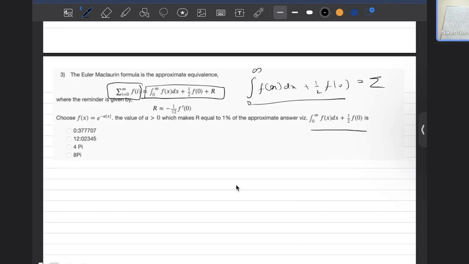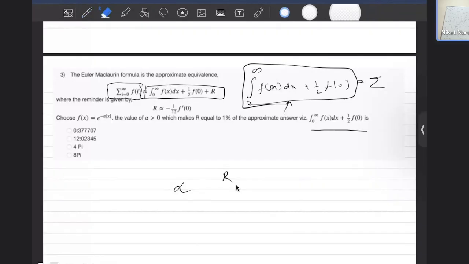So I have to choose the value of alpha such that the remainder part, the r, is equal to 1% of the answer obtained by this. I will obtain some answer from this and I want r to be just 1% of this answer. That is what I want to ensure. Okay,